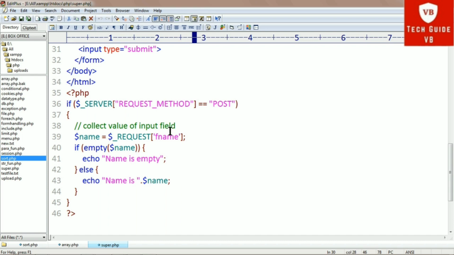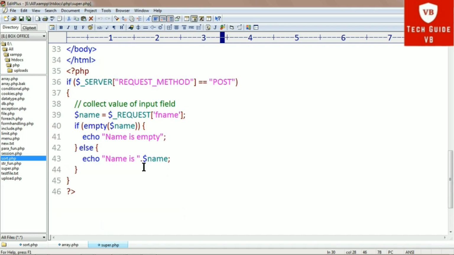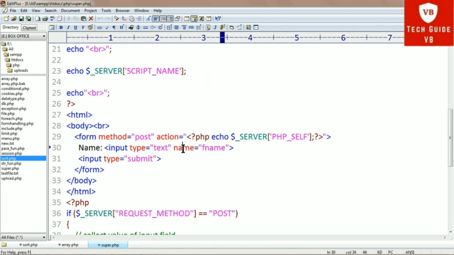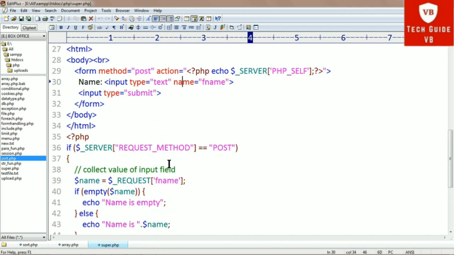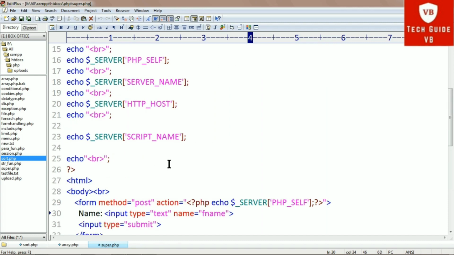Then if not, then it will print that the name is empty. So this is the program for superglobal variables. You can also use the files and cookies and session superglobal variables according to your requirement or demand.